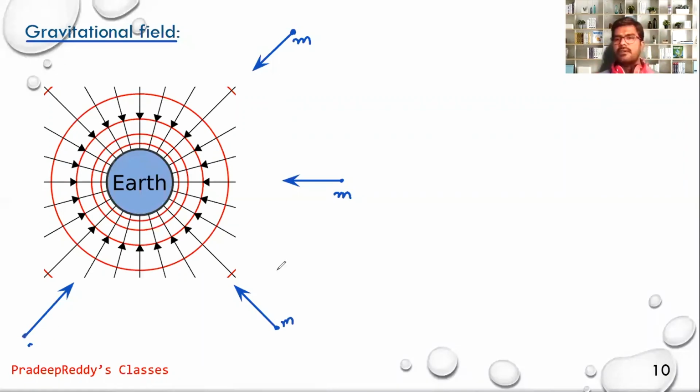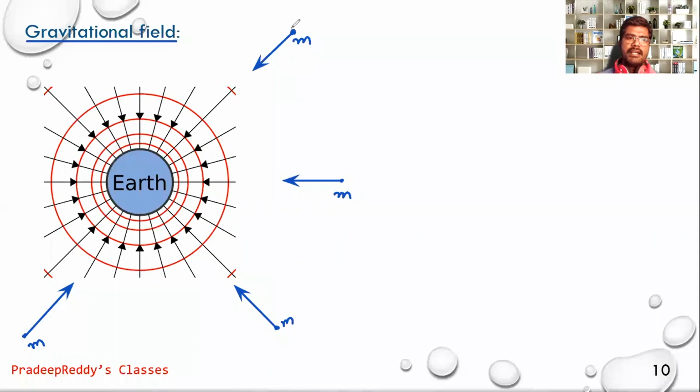Any mass, if you are leaving it, taking it to a certain height from the center of the Earth, if you are leaving that mass, it will be pulled towards Earth's center. Obvious, that is in our daily life, you can experience that. Any object, if I leave this pen here, it will obviously fall down towards the Earth. Likewise, all these masses will be pulled towards the center of Earth.